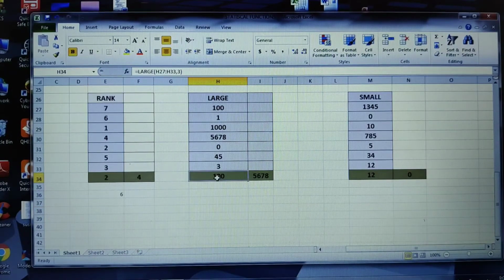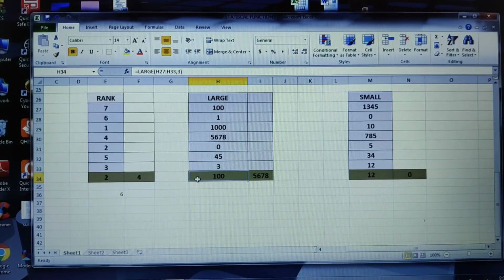So how did I write the formula here in the large? Okay, so this is the H column. The range is from H27 to H33. When I place the cursor over here, I want to find out the largest in this particular array. This is my data set from H27 to H33. So which largest do you want? I want the third largest.